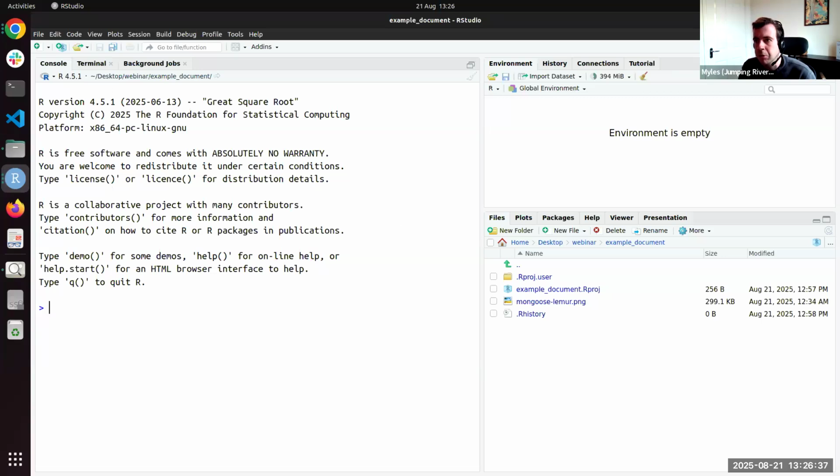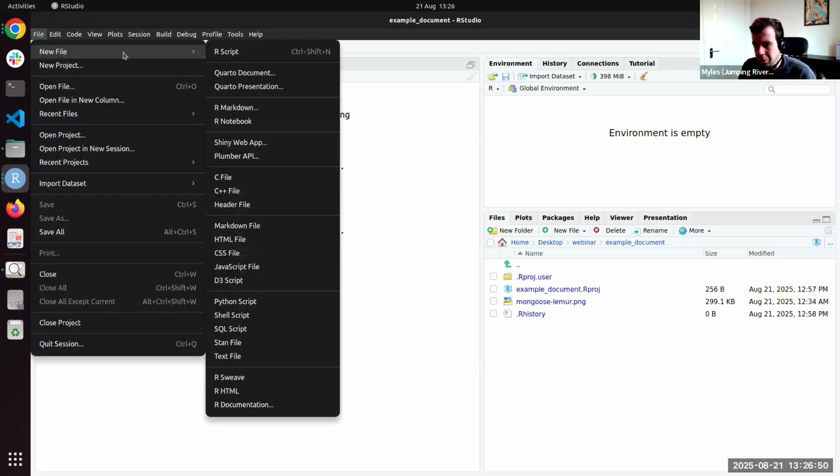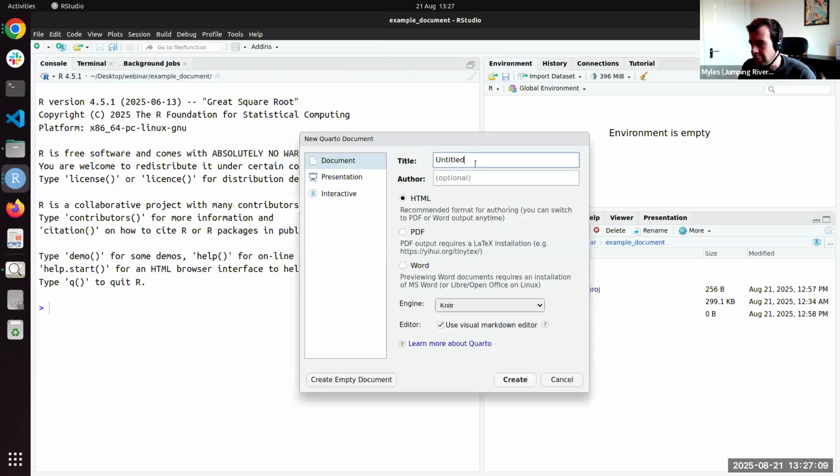RStudio. So hopefully you can see this okay. I think some of the text will look quite small, but hopefully at least you can see the actual code in this. So what I'm going to do is I'm going to click on File at the top left here, New File, and then you'll notice that RStudio by default has Quarto document as a file type that you can create. And this is right below R scripts. It's quite high up. Like I said, if you have a recent version of RStudio installed, you should already have this as an option. So if I create Quarto document, it will prompt me to enter a few things.